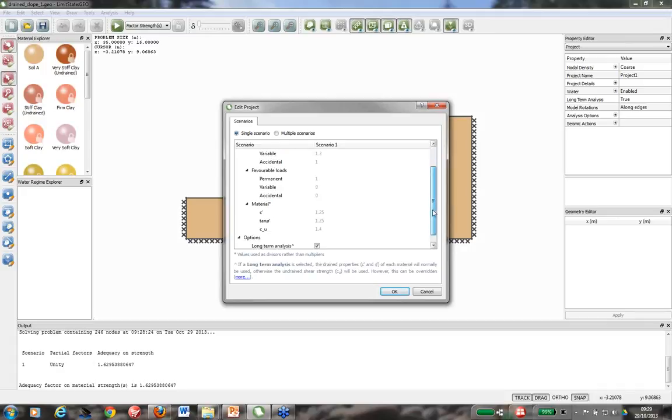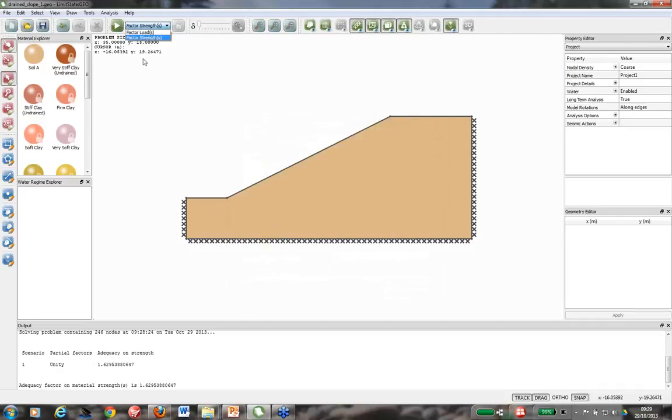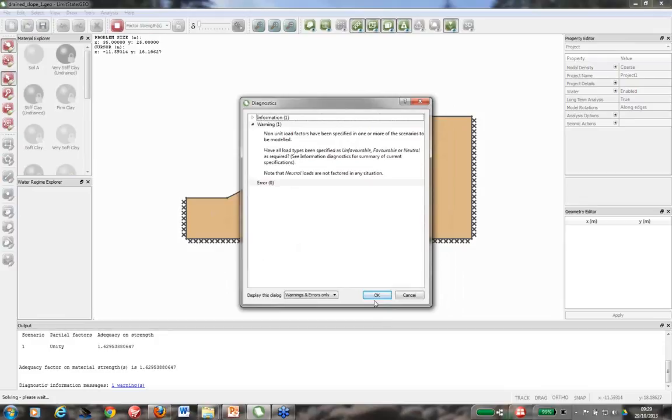And in this case, the primary thing is that it pre-factors soil strengths by 1.25 for the drained properties and 1.4 for the undrained properties. And it also applies some factors to unfavorable loads. So I'm going to set that value, and having chosen that scenario, that means any analysis I do subsequent to this will pre-apply those factors to the problem. So if I solve now,